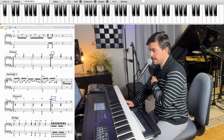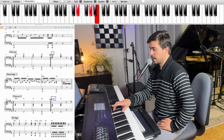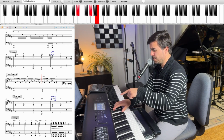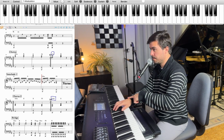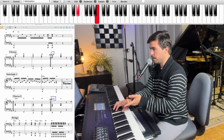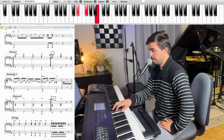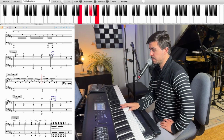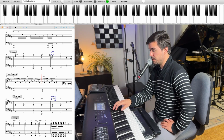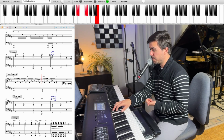And the right hand is the same chord, so G sharp minor, but I wrote different versions, I think. And then we go to B major. It's really similar. There's only one note that changes here, so G sharp, B. And then we go to E major, and then B major again, and then we go down to F sharp major,